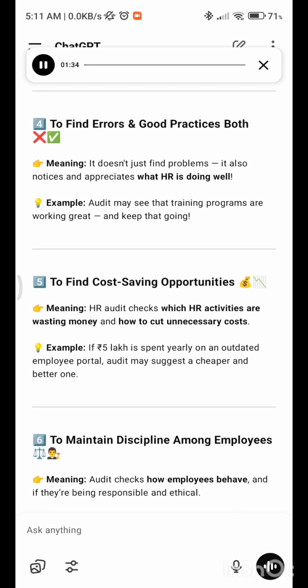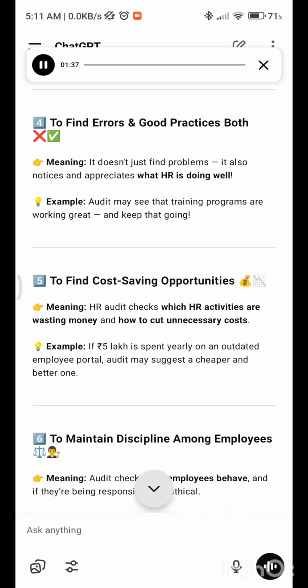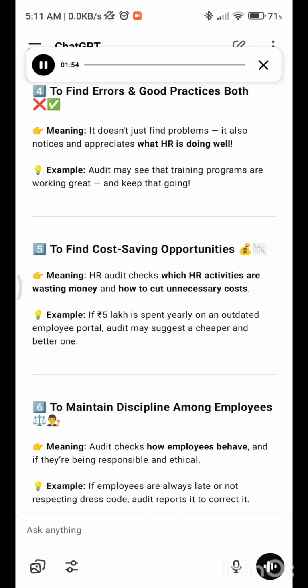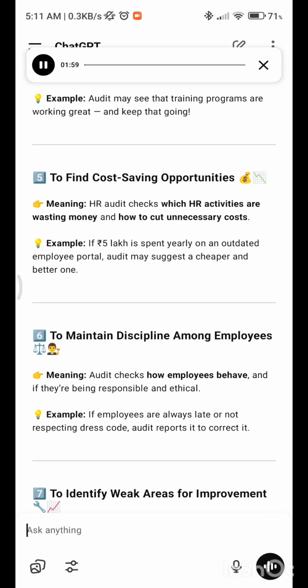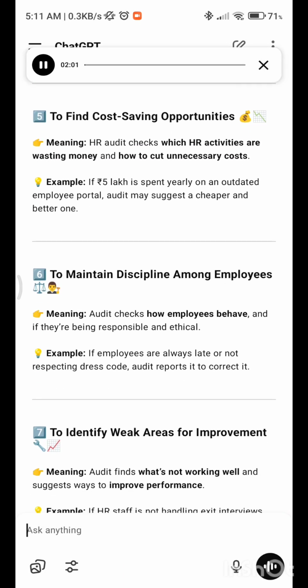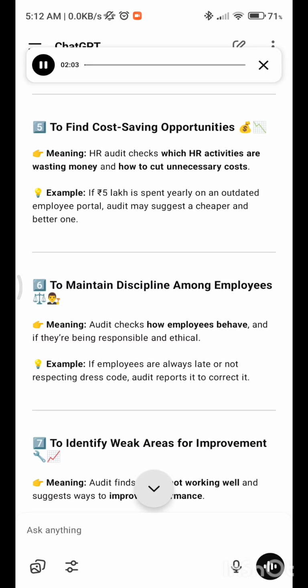4. To find errors and good practices. Both. Meaning, it doesn't just find problems, it also notices and appreciates what HR is doing well. Example, audit may see that training programs are working great and keep that going. 5. To find cost-saving opportunities. Meaning, HR audit checks which HR activities are wasting money and how to cut unnecessary costs. Example, if 5 lakh is spent yearly on an outdated employee portal, audit may suggest a cheaper and better